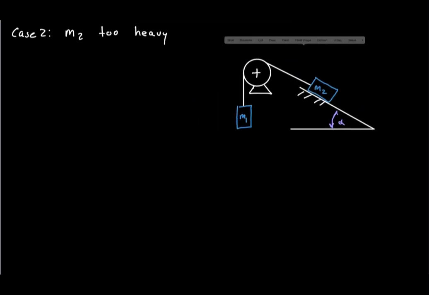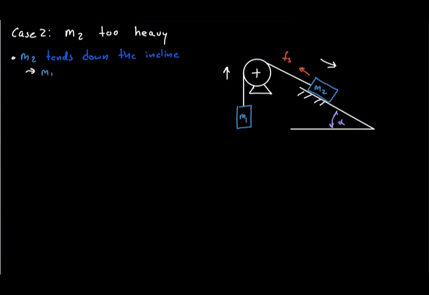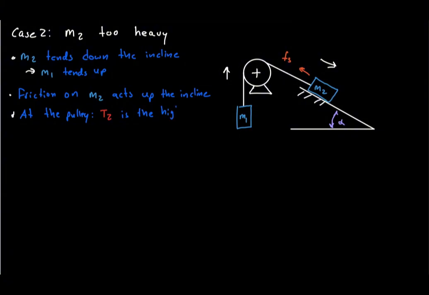Now consider the opposite situation. Suppose the second mass becomes too heavy. It tends to slide down the incline and pulls the hanging mass upward. Friction on the second mass now reverses and acts uphill. The high tension side of the pulley also changes. This time, T2 is the high tension. Multiplying T1 by the pulley friction factor gives approximately